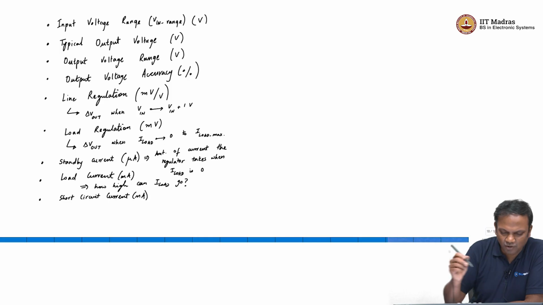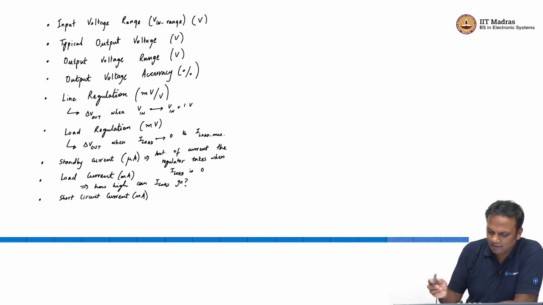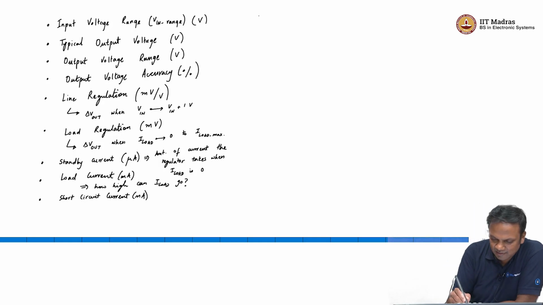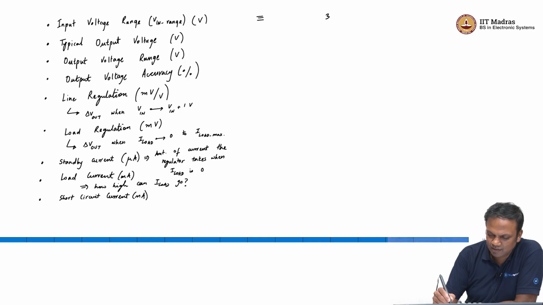So, now that we have all of this here, let us try to summarize it for the power regulator that we built. So, what was the input voltage range? Input voltage range was 3 to 4.2 volt. So, we will roughly say this is min, this is max. We are preparing our specification table, right. Typical output voltage is, this is typ,